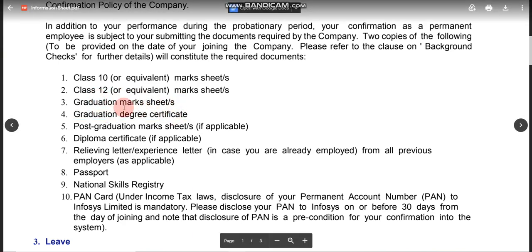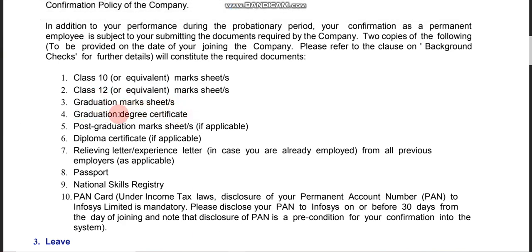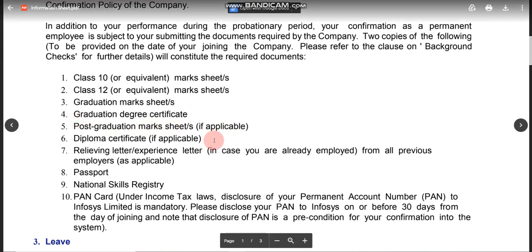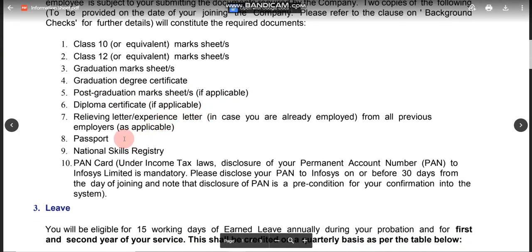After that, post graduation mark sheet if applicable, diploma mark sheet if applicable. This is important: if you have any experience, if you are working in any company, then a relieving letter or experience letter is compulsory, mandatory. And passport, National Skills Registry.